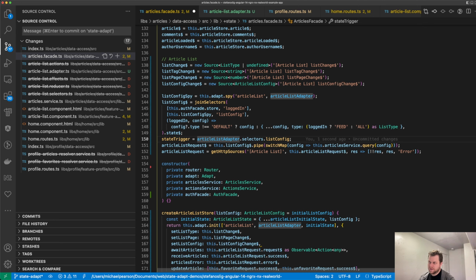No, it'd be more like an array. And it would be this as the first one, this as the second one, and then, so that's a selector, and then a state change as the third one. So this would be like